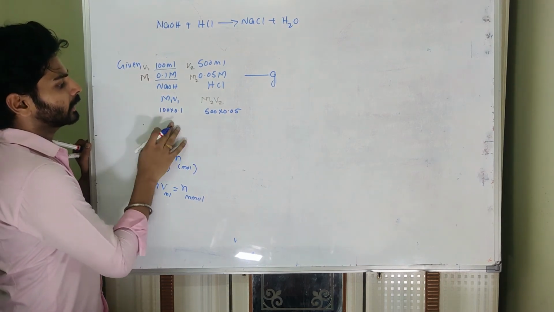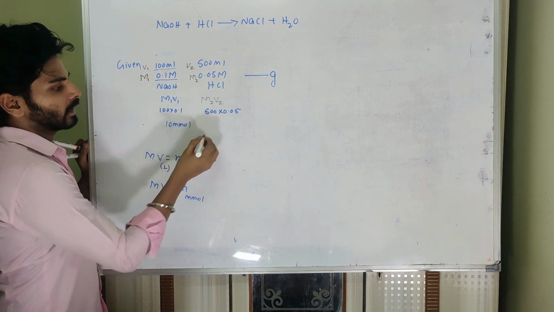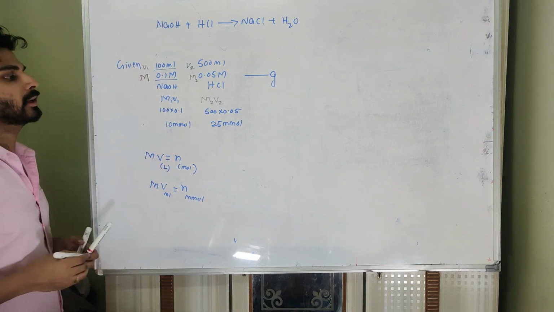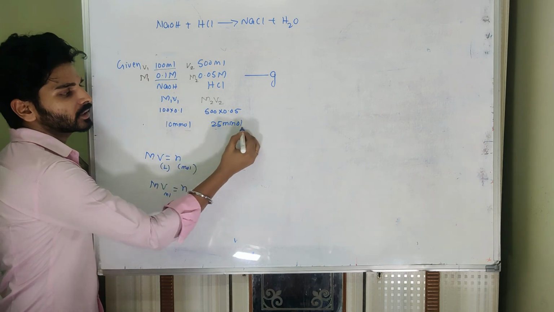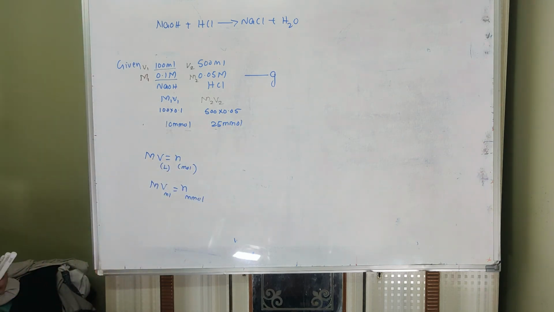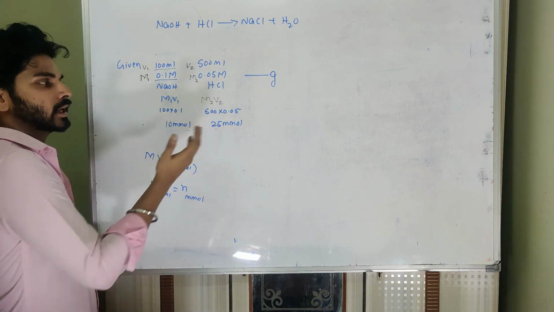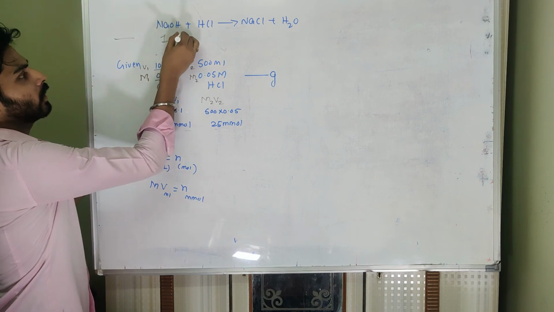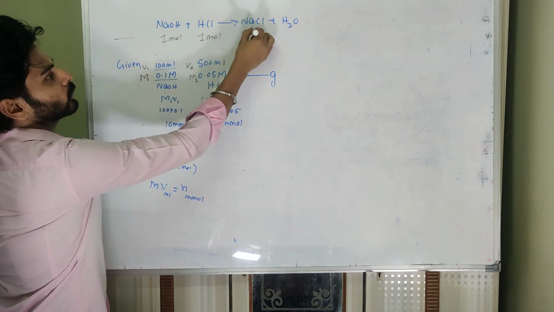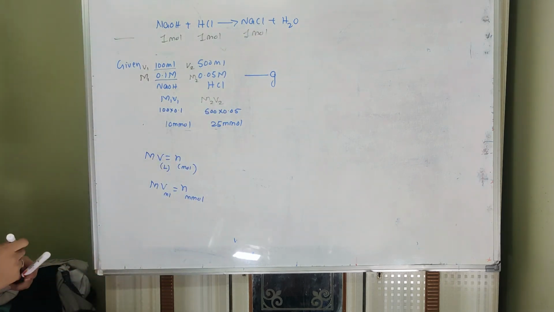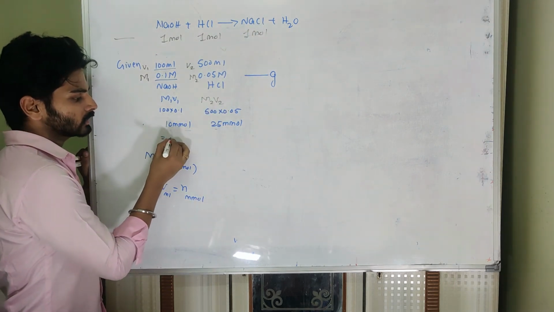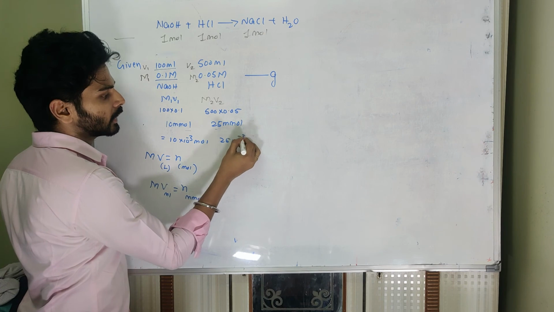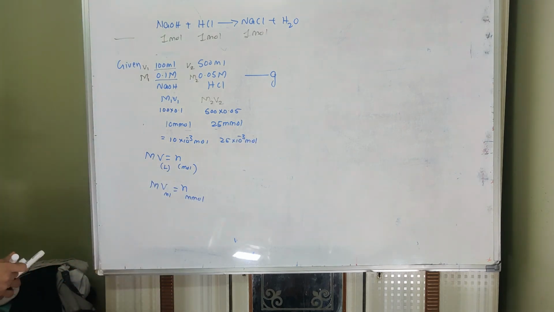So this comes out to be 10 millimole and this is 25 millimole. Why is it millimole? Because I have kept the volume in ml only. I can simply divide by 1000 here, so it will become mole. It can be done later also, or it can be done at this stage. So here, see the stoichiometry. This is 1 mole, this is 1 mole, and this is also 1 mole. You can convert into mole if you want. So this is 10 into 10 raised to minus 3 mole, and this is 25 into 10 raised to minus 3 mole. I have divided by 1000.